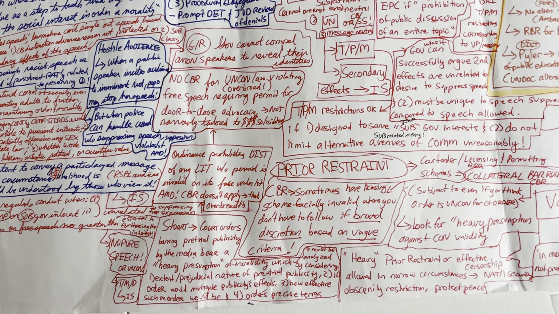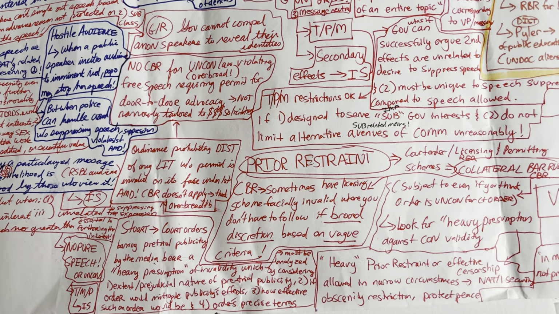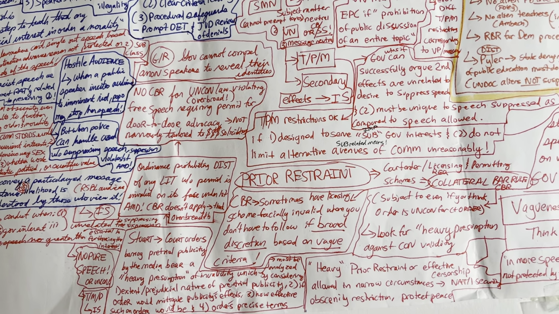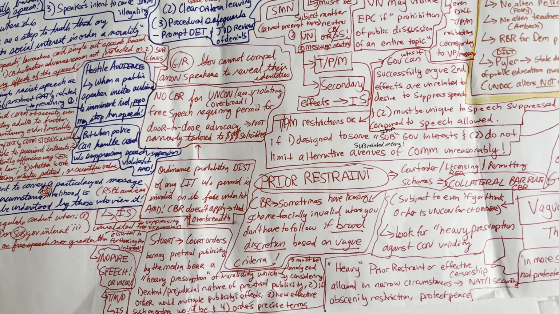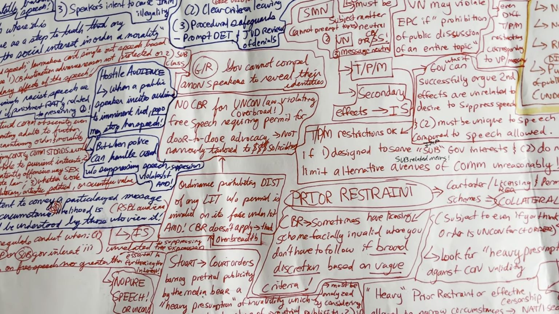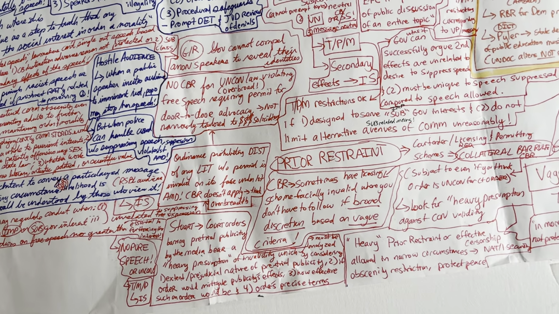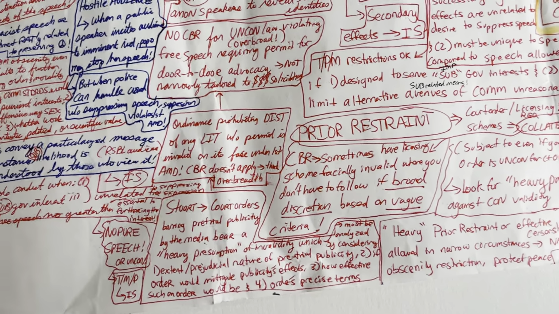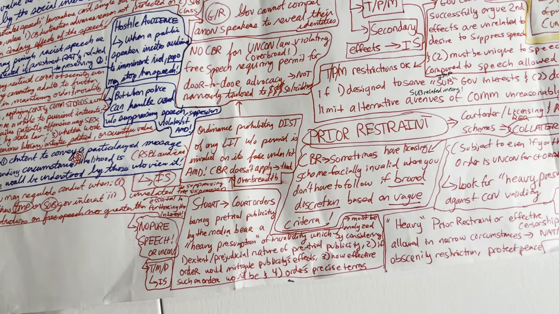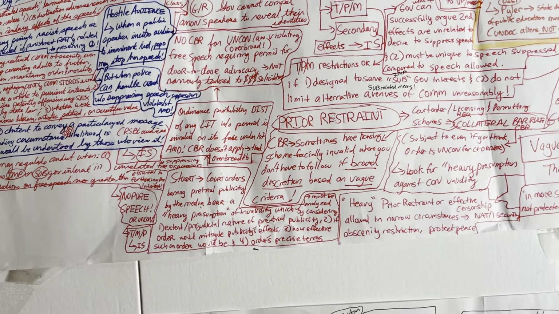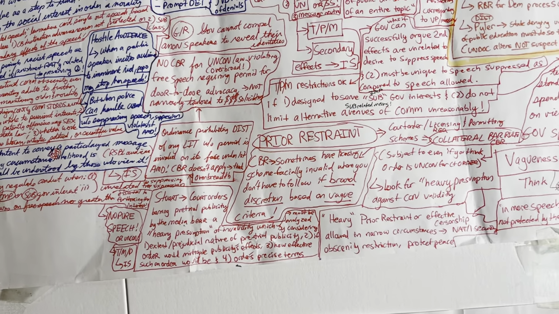And remember the collateral bar rule, which you're subject to even if you think the order is unconstitutional for court orders. So look for a heavy presumption against constitutional validity. So even though your speech is unlawfully being suppressed by the government, let's say a local municipality decides to ban content-based speech, you still have to follow any ruling from the court, and you have to go through the judicial avenues to challenge it. That's part of the collateral bar rule.